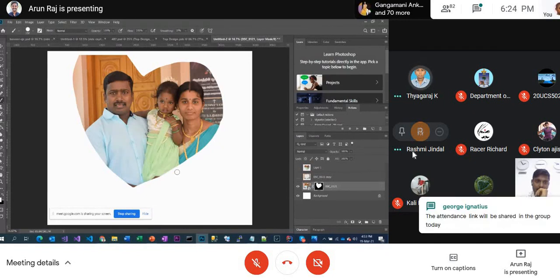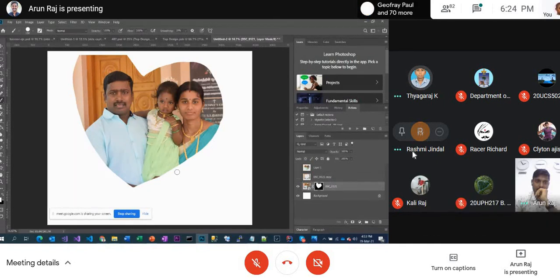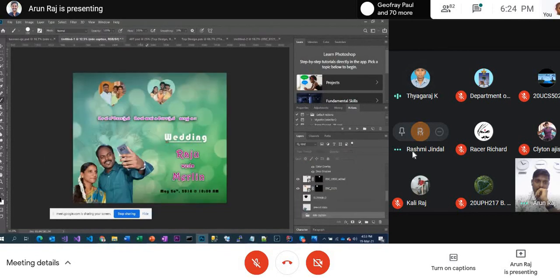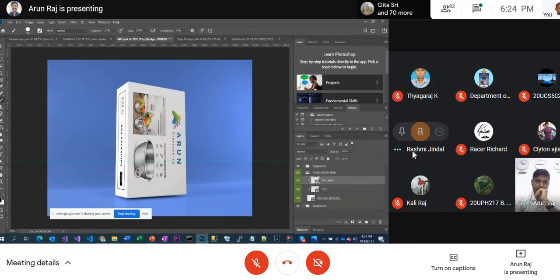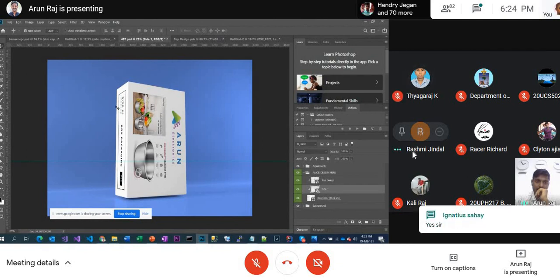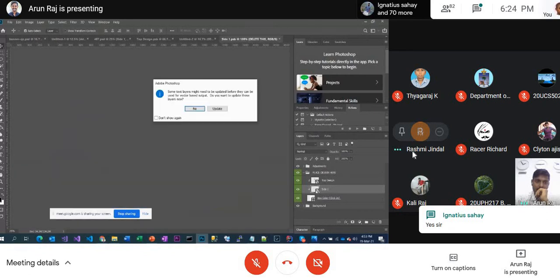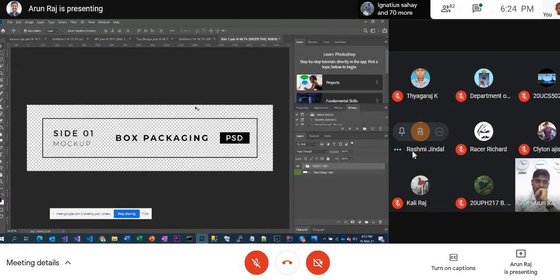Sir, shall you repeat the mockup box, entering text in the box? How are we fixing the text and images in a box? Very simple. When you download any mockup, you can see the side, top, left, right, something like this. In this case, I don't have the image on the side, so I'll go and fix the side. I'll double click the side. It brings it up like this.